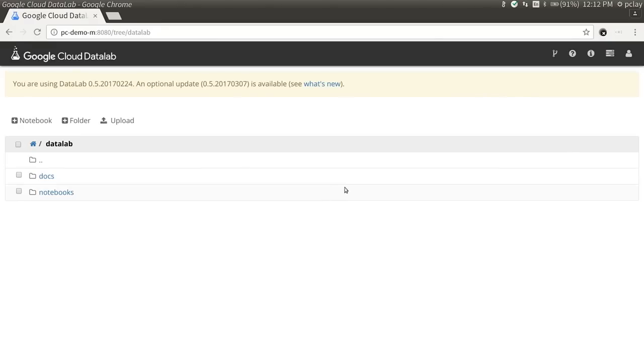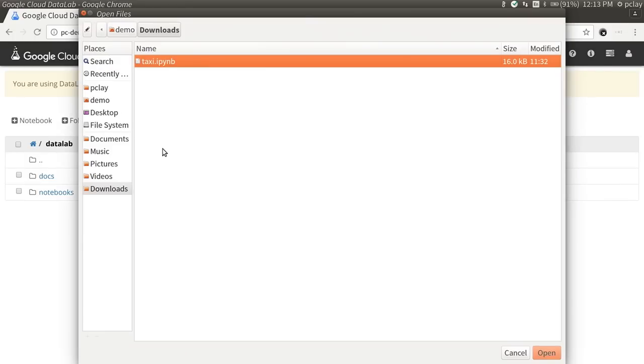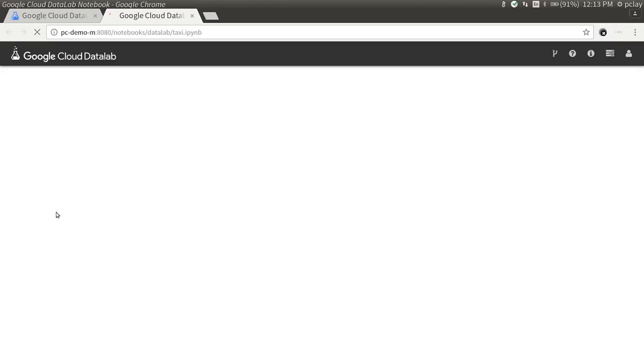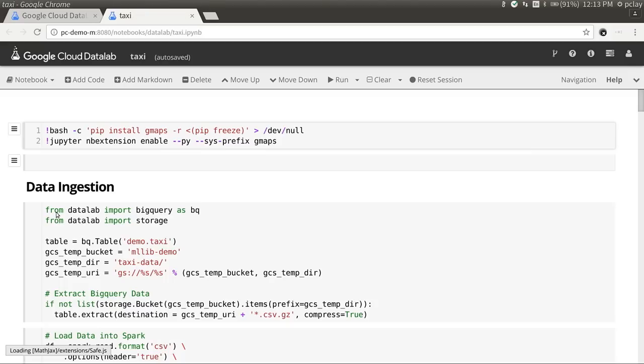You can load notebooks into Datalab a number of ways, but I'm just going to load one from my machine. So if I upload my Python notebook, and double click on it, hopefully. OK, this is a Datalab notebook. If you're at all familiar with Jupyter or Zeppelin or even MATLAB or Mathematica, you'll be familiar with these cell